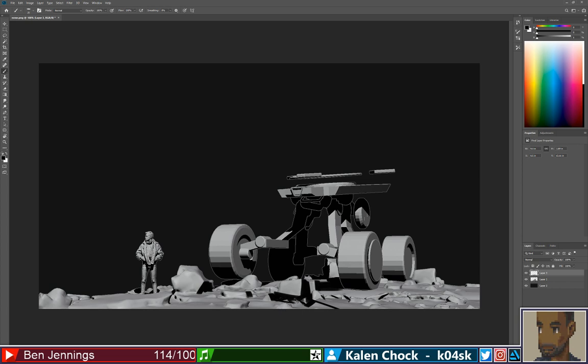So now we get to kind of just block this in and try to make this look nice. Is the idea here. And considering that we didn't put that much effort into it, the model's pretty shitty because I'm not really that good at sci-fi stuff. I need a lot of reference and a lot of time, so I did it pretty quickly, just using some of the modeling stuff that I've learned over time and over my class.